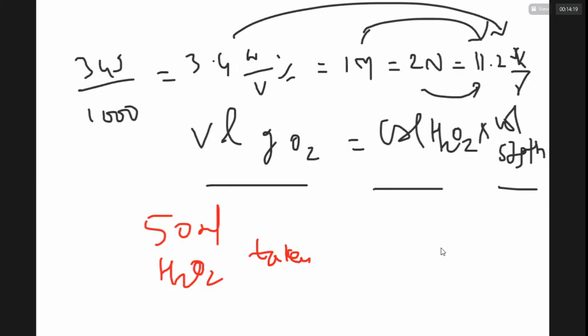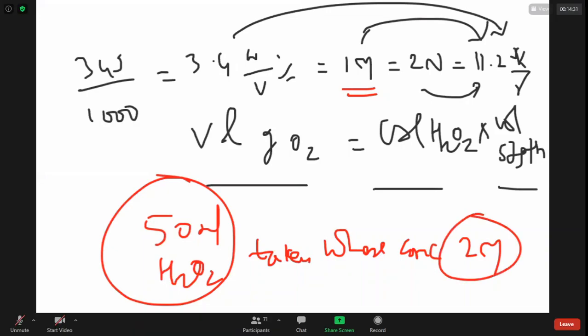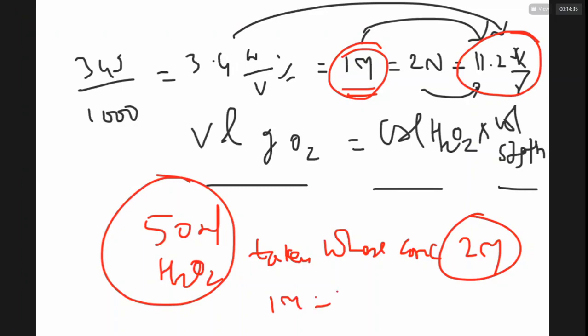They stated its molarity as 2, whose concentration is 2 molar. Now they gave me the volume of solution which they are decomposing, but they gave me molarity. I need to convert the molarity into volume strength. I know 1 molar is 11.2 V by V. 2 molar is equal to how much? I can work out, 2 molar is equal to 22.4. So I have now solved the problem.